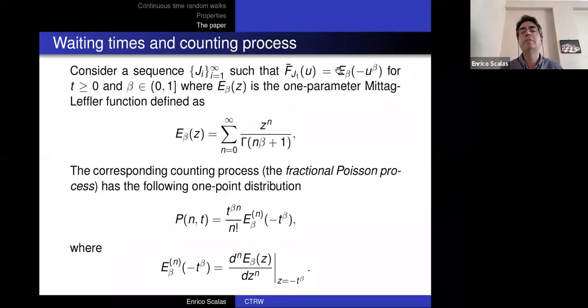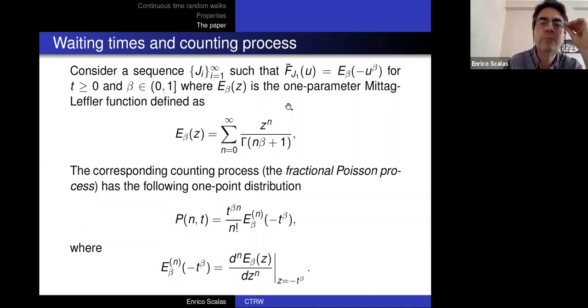And for beta larger than 1, it is defined, but it is no longer a legitimate complementary cumulative distribution function for a positive random variable. What is this function E beta? E beta of z is the so-called one-parameter Mittag-Leffler function, and it is defined by this formula here,